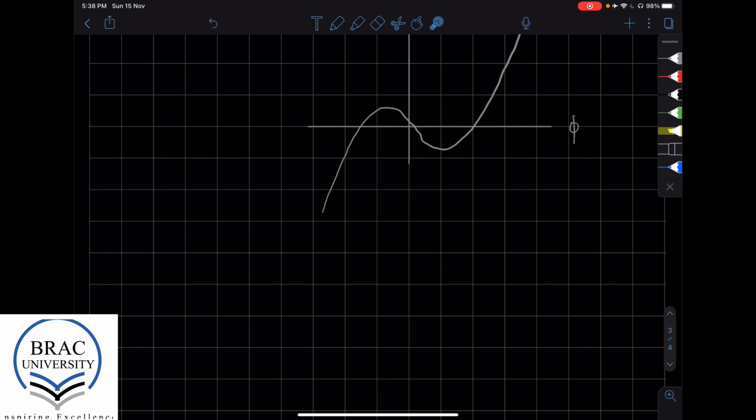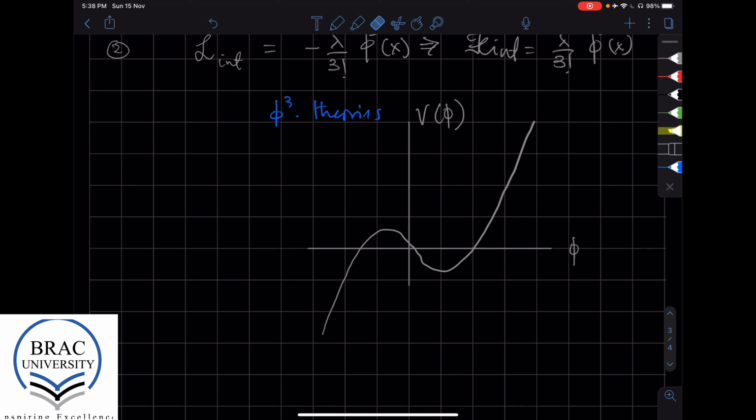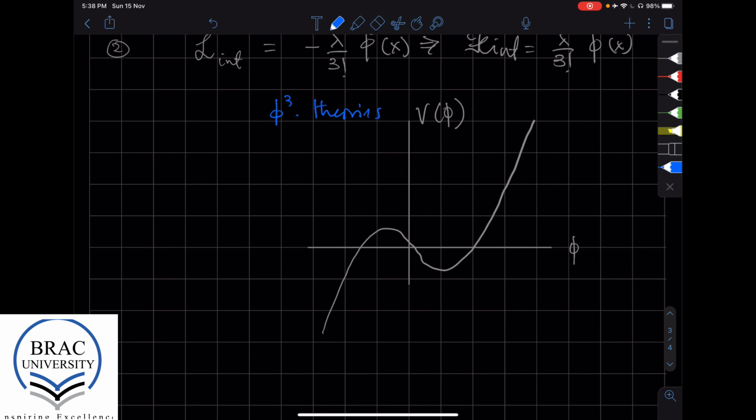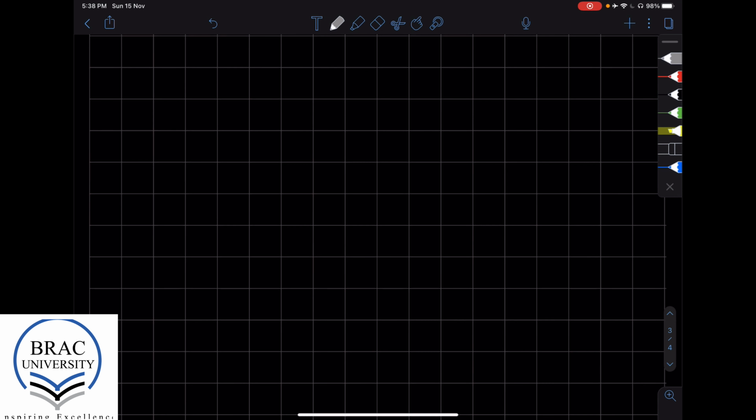And this could be the plot of the phi cubed theory. Similarly, we could have plotted the potential of a phi to the power 4 theory. And the potential for phi to the power 4 theory, if phi is this, it could actually be of